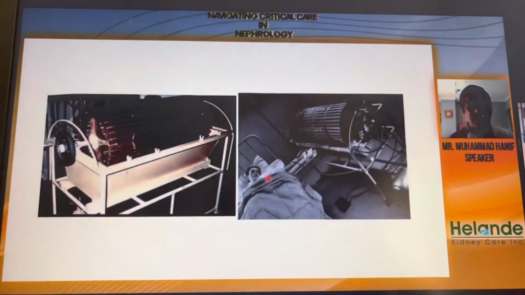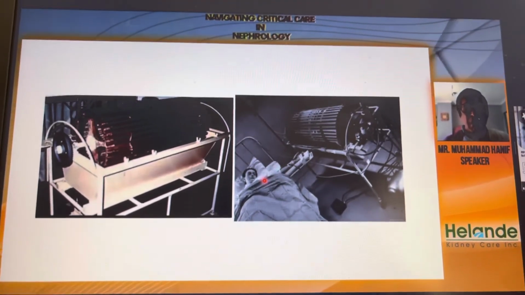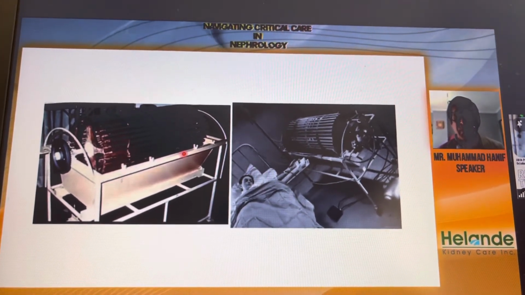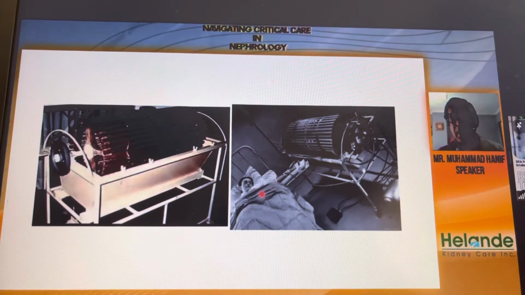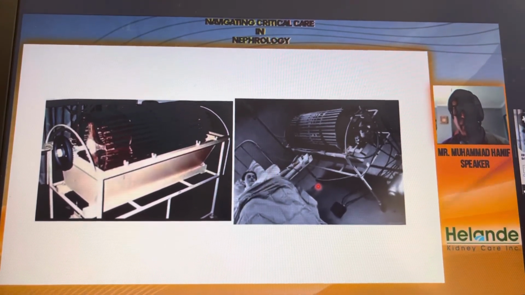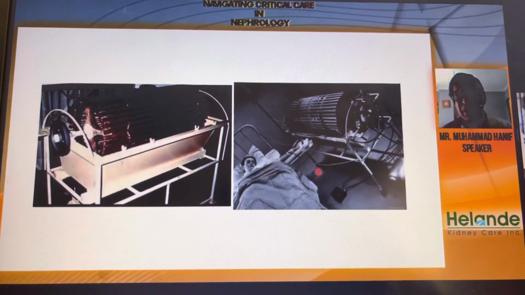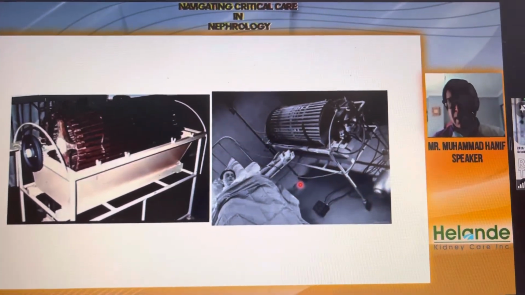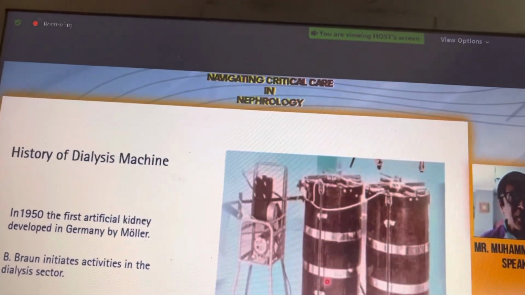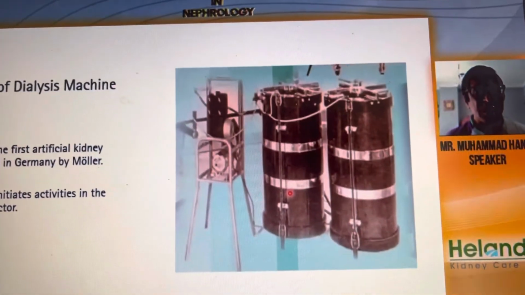Let's go further. Now you can see this is the machine which was developed, and this is the patient. He has already been hooked into this kind of machine. It really looks very crude, but this is just the start of the history of the dialysis machine. In 1950, the first artificial kidney was developed by